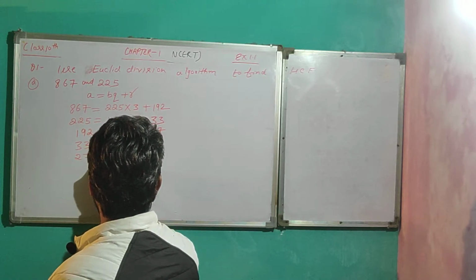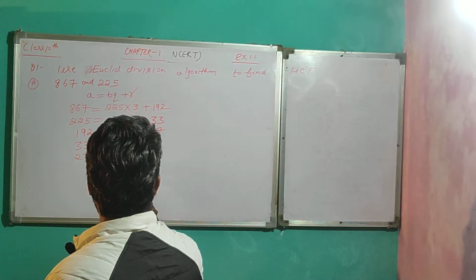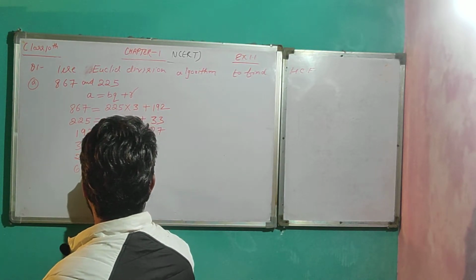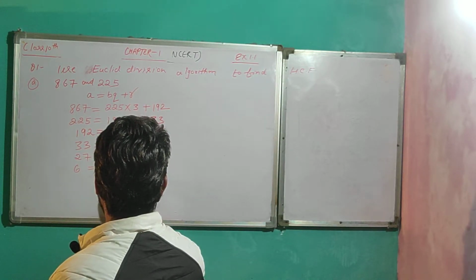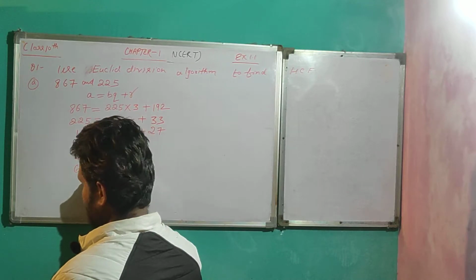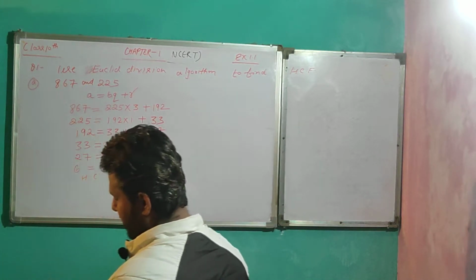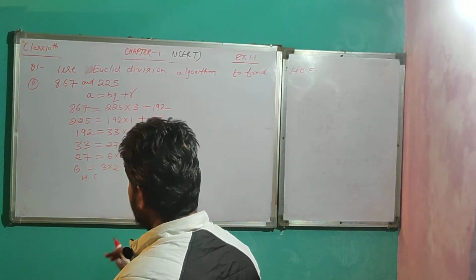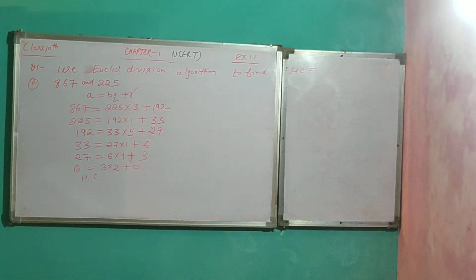Now 27 is 6 into 4, 24, plus 3. Now 6 is 3 into 2 plus 0. So the HCF will be